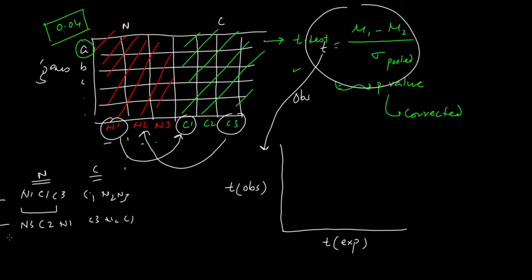You randomly shuffle, and you can do it, let's say, 1000 times, and for each one of them you get your t statistics, t1, t2, t3 and so on, and in the end you get it for 1000 permutations and get the average t score. That's your t expected. In an ideal scenario, if t observed is the same as t expected, which means there is no differential gene regulation, you should get a diagonal line like this.